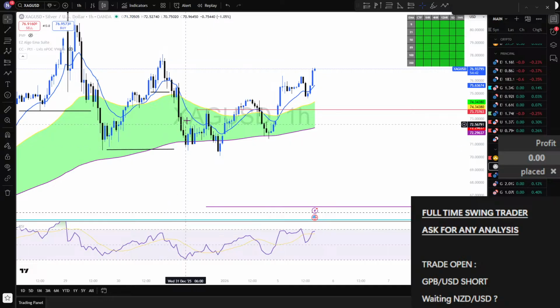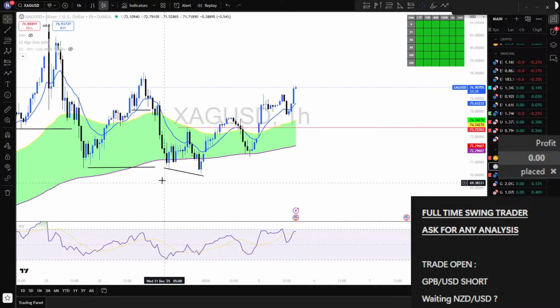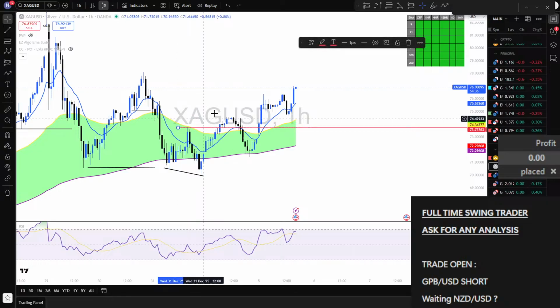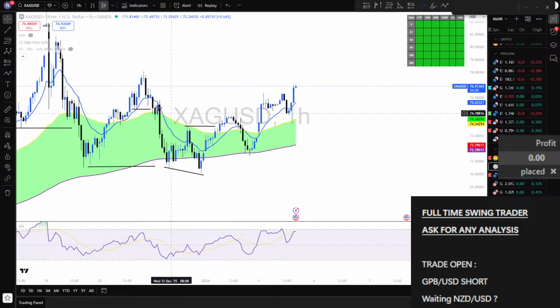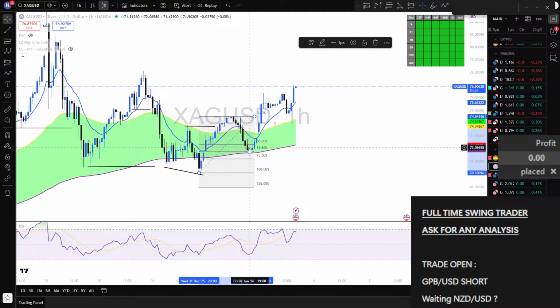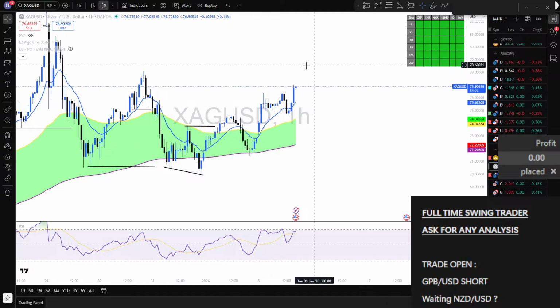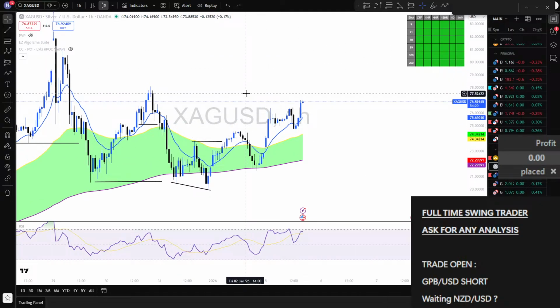In 1 hour, you were on the EMA 200. You had this divergence. You broke here, and you had your pullback here, if that's what you mean. It was a bad trade based on divergence.